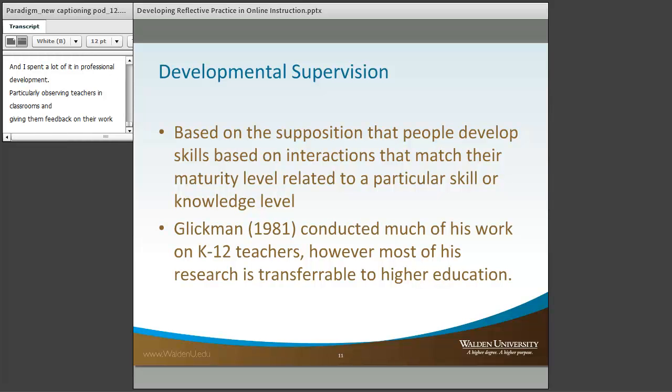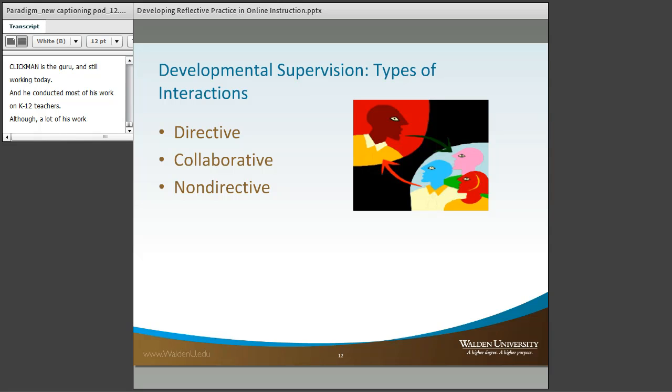And this is based on developmental supervision, which goes back beyond Glickman, but Glickman is the modern day guru of developmental supervision. He started his work in 1981, and he's still working today. And he conducted most of his work on K-12 teachers, although a lot of his work is very applicable to higher education. And Glickman talks about 3 different kinds of interactions. In other words,